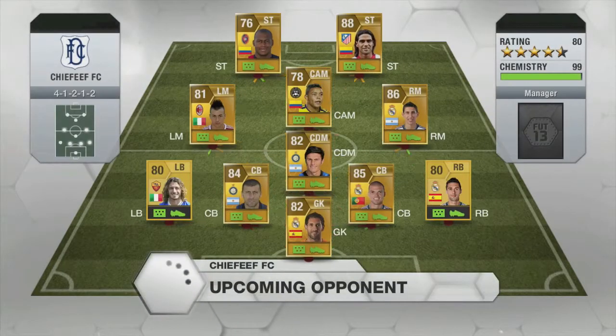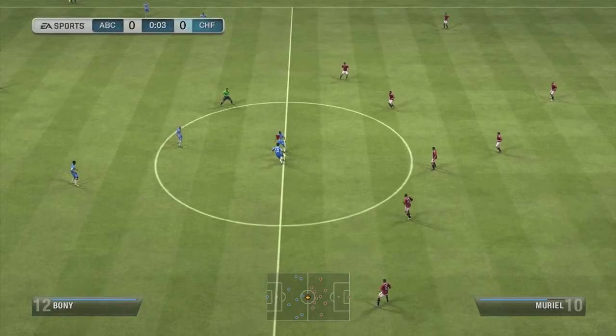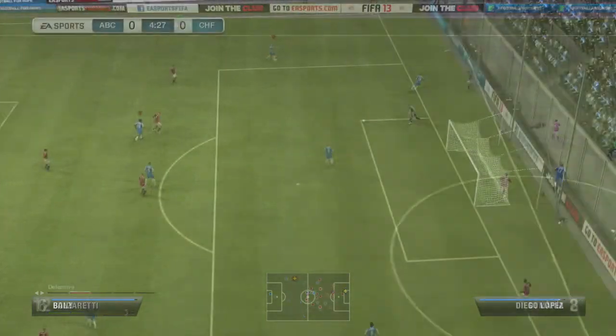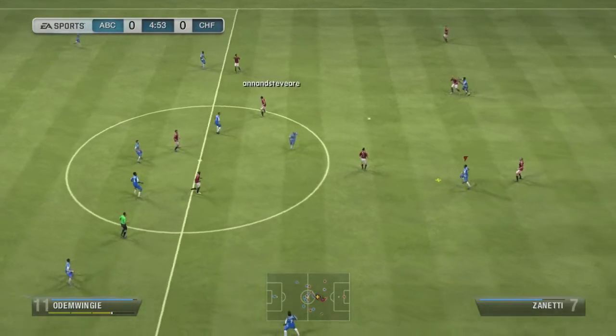And we get matched up with Chief FC, who's got a pretty solid Serie A, Liga BBVA hybrid with the likes of Barbo, Falcao, Muriel, El Shaarawy, Di Maria, Pepe, and Samuel in defense. And look at that. It's Balzaretti again. He was on the last team. He's on my team. Like I said, he's a pretty cheap option for your Serie A hybrids, your Italian teams, anything like that. So, like I said, he has a pretty solid squad, so I was kind of worried, but